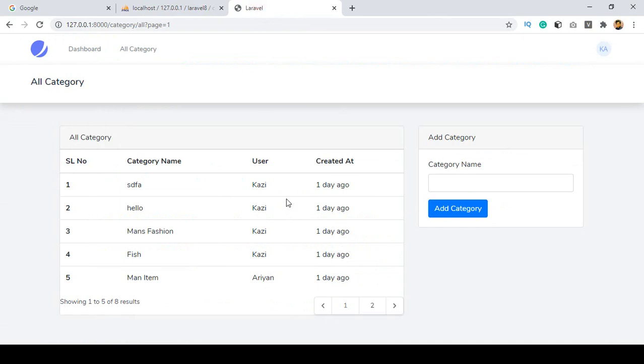So now in this video, I want to discuss the edit and the delete option. First of all, I want to complete the edit and update portion using Eloquent ORM. And then I will also discuss how we can create the edit and update using the query builder. Then every concept will be very clear to you. So for doing this,